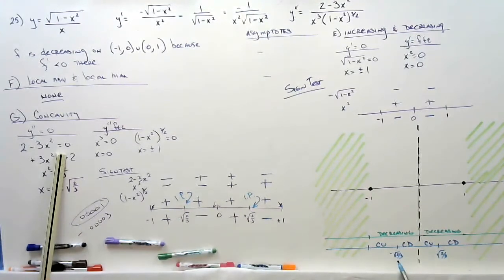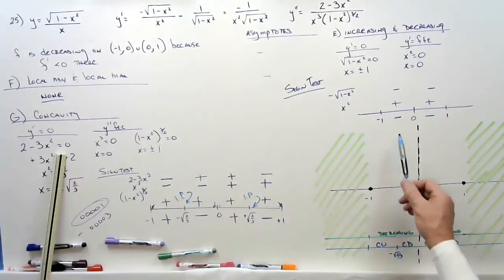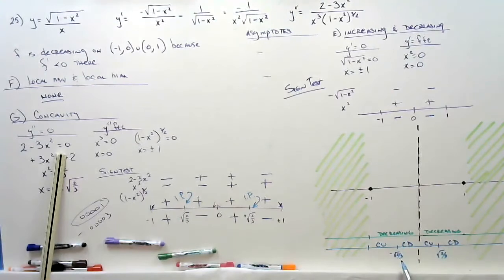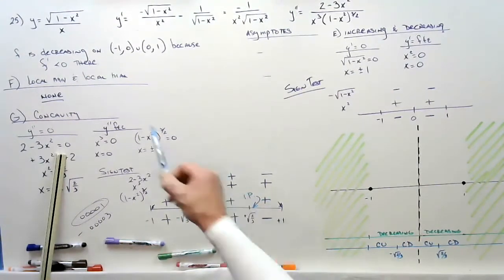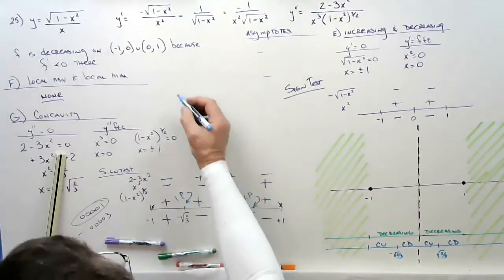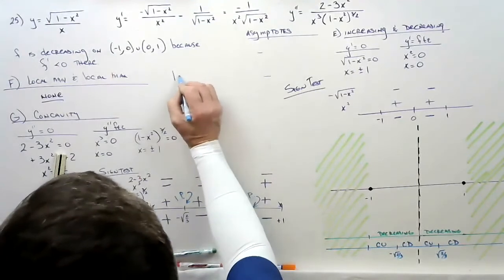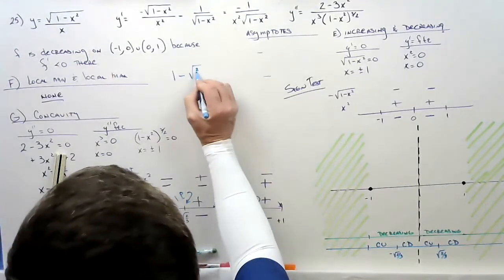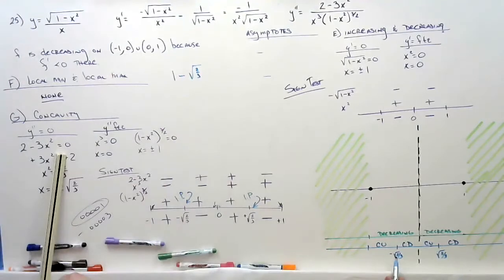Now we have to put this number. We need the y value for this. We don't know where the y value is right here. So we're supposed to stick that number in there. Now we all took algebra 2. We can do that, right? We can do that. So we're going to go 1 minus the square root of 2/3, right? That's my x. I'm going to do the positive one. It's going to give me the same value as the negative one. We have origin symmetry, so whatever they're going to be, one's going to be plus, the other one's going to